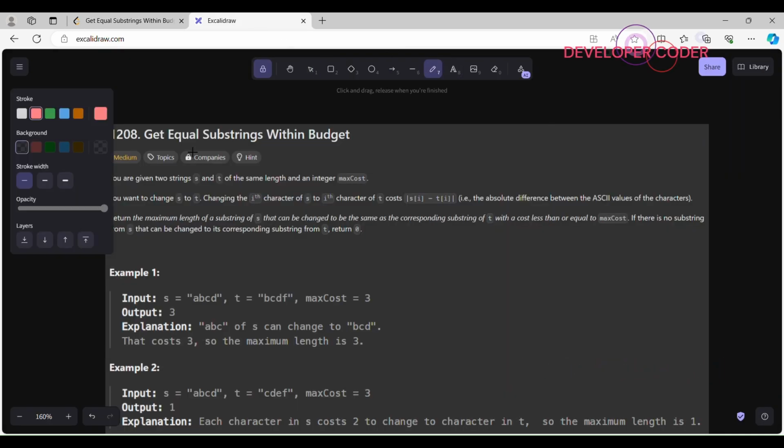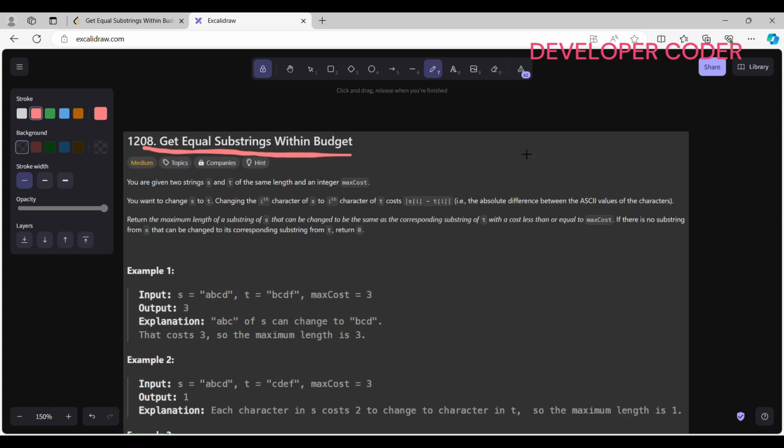Okay, so today I am going to solve problem number 1208, Get Equal Substrings Within Budget. In this problem, you are given two strings S and T of the same length and an integer maxCost. You want to change your string S to T. Changing the ith character of S to the ith character of T costs the absolute difference between the ASCII values of the characters, and we have to return the maximum length of